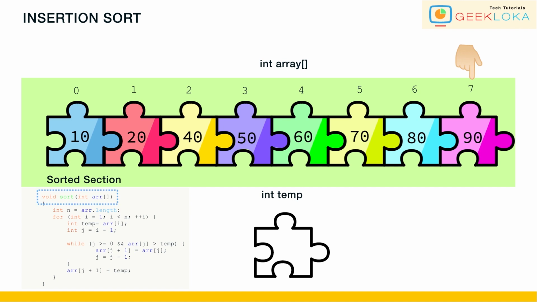We start with a function named sort, designed to sort an array of integers. It takes one parameter, arr, which is the array we want to sort. Inside the function, the first thing we do is determine the length of the array with array length. This tells us how many elements are in the array and hence how many times our sorting loop should run.